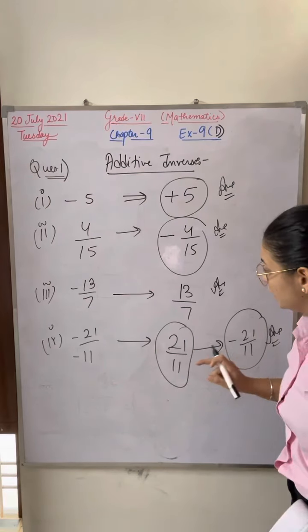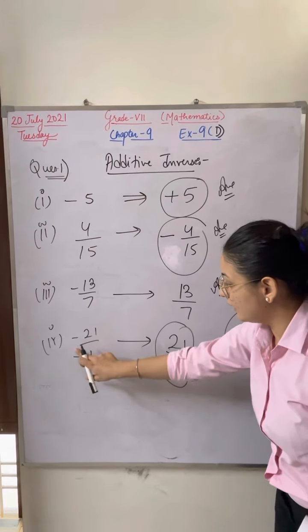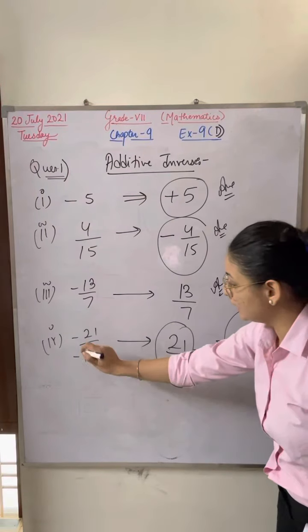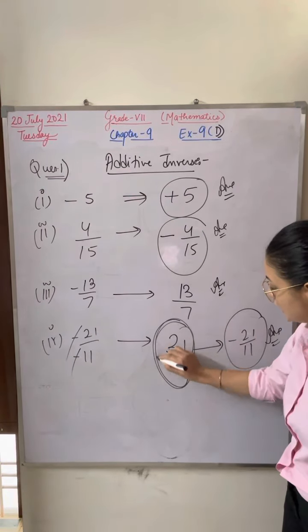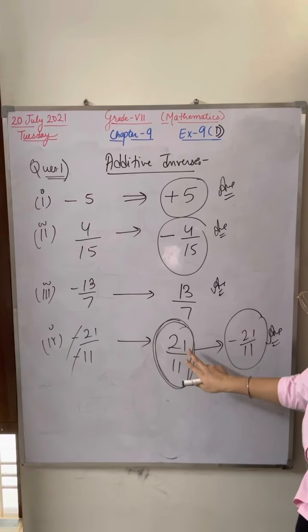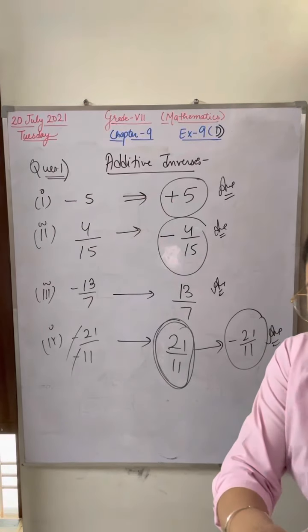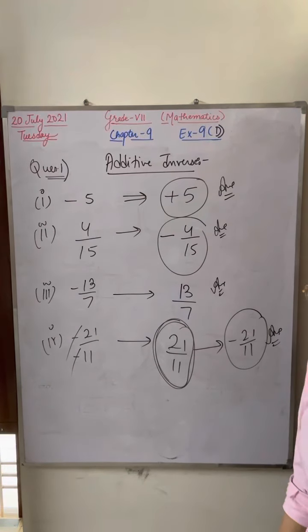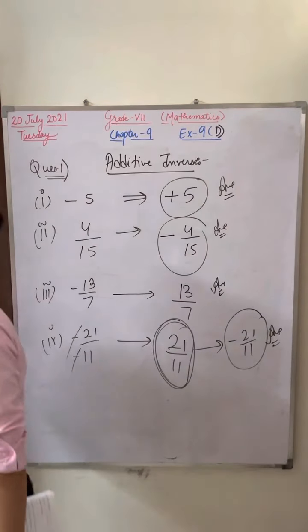Where will you not put it? Abhijot, the minus is already given to you, okay? In the numerator and denominator, that means they will get cancelled. Okay, your question is now positive. Now tell me the additive inverse of this positive rational number. That will be a negative rational number. Right? Abhijot? Understood? Okay. So this was the first question.